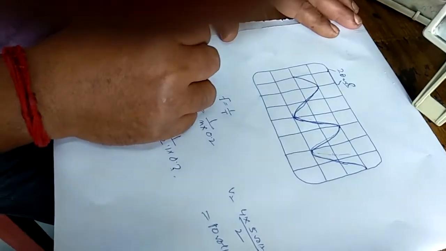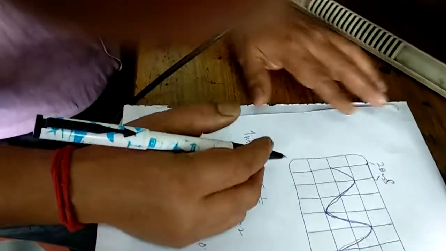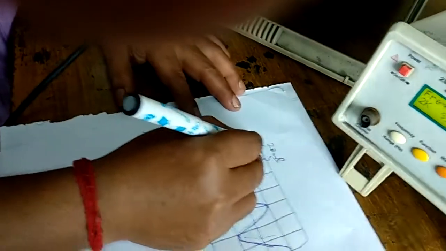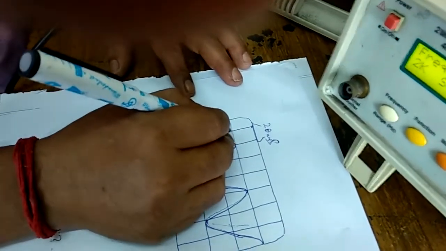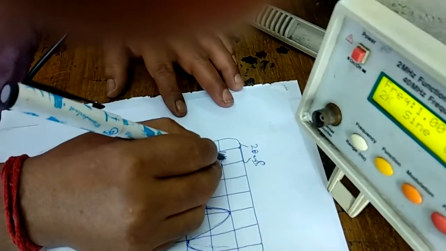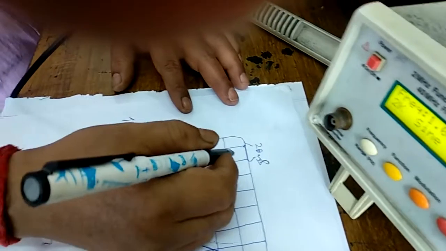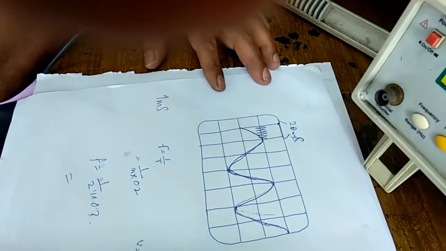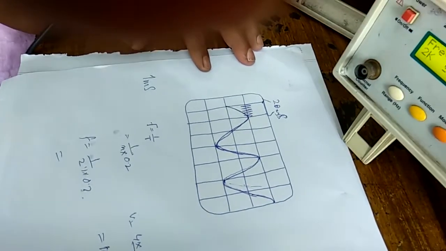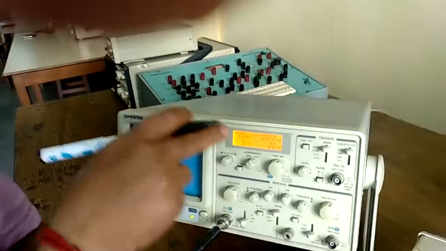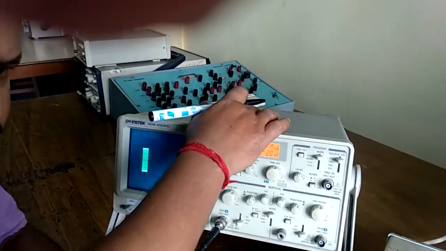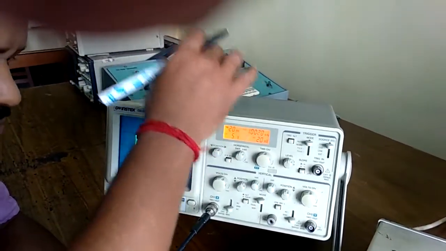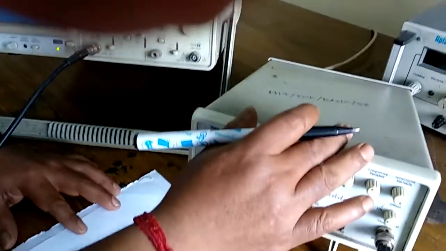Now you have to find a signal which has a standard time period of 1 millisecond. That means in this one division you will be able to see 20 cycles at a time. So how could you see a single particular waveform or cycle in this time base? You have to match your instrument time base. That means inside the oscilloscope there will be a sweep oscillator. You have to match your sweep oscillator according to your source.